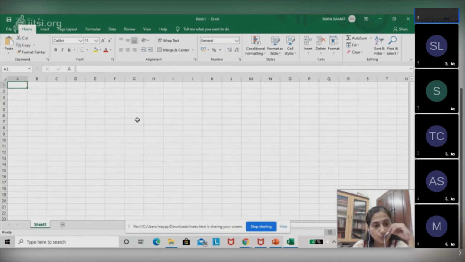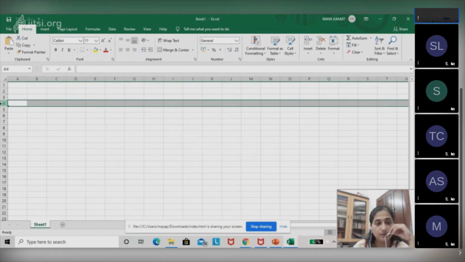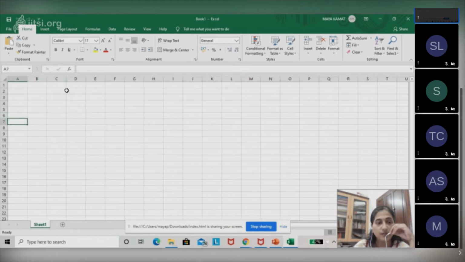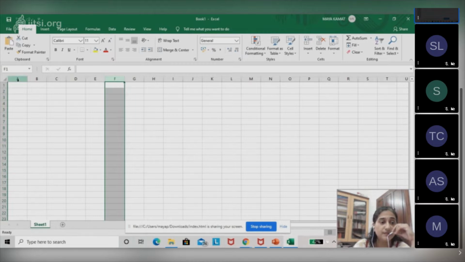In Excel, you have your rows, which are horizontal sections of the page. You all see these horizontal lines? Yes. See, this is a row. This is a row. So each one is a row. Similarly, you have columns. Columns are the vertical sections. Each one is a column. Both are differentiated with a specific label. The columns are labeled from A and it goes on.